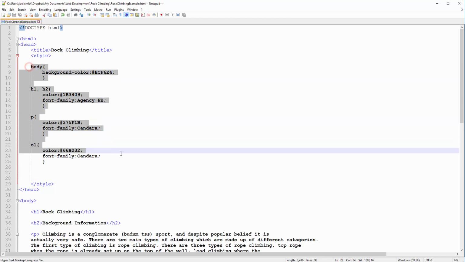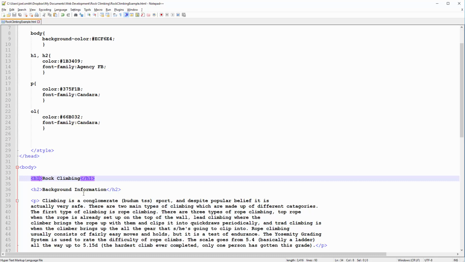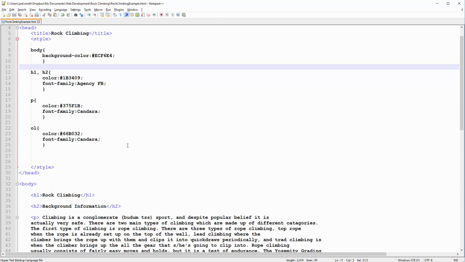In this first part, all the CSS was taken out of inline with the tags and placed as internal CSS. So the body tag had a background color here, and I just placed it up here. The heading 1s and heading 2s had the same color and font family. Paragraphs had the same color and font family, so all the paragraphs get that. And there's an ordered list. So after you get the